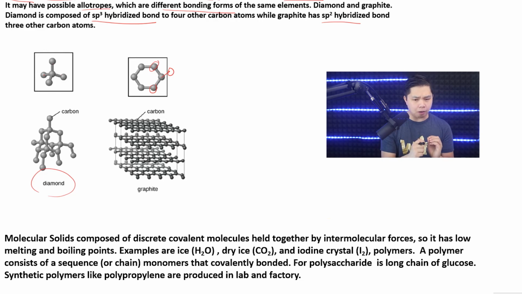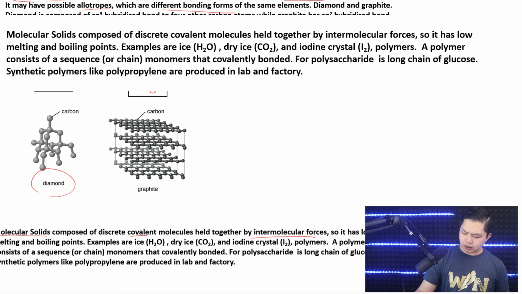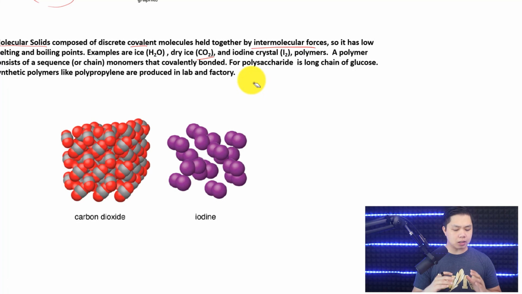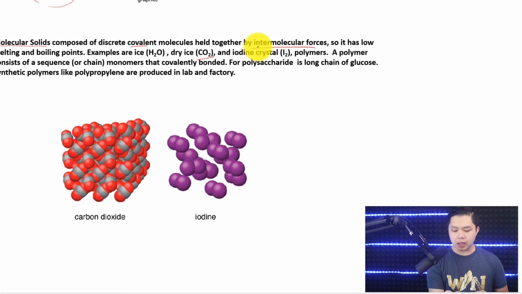Remember we talked about how molecules can be polar or nonpolar. When they have that kind of partial charges, it allows molecules to interact with each other and be held together by intermolecular force, which is the force between molecules. Now let's look at a more specific example of molecular solid. Because the covalent molecules in a molecular solid are held together by intermolecular force, it has a low melting point and boiling point. Examples are ice, dry ice, and